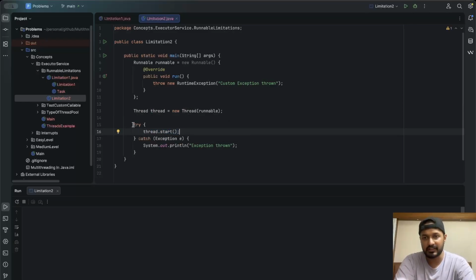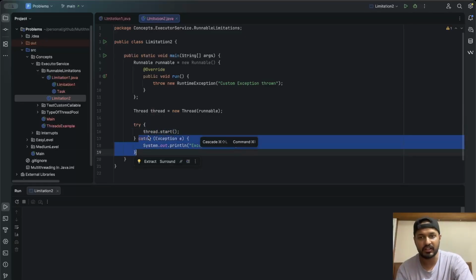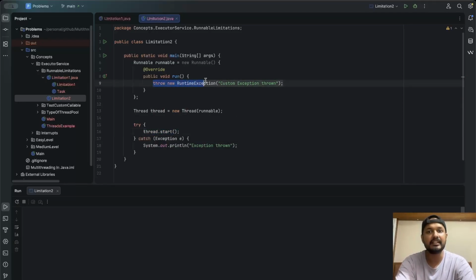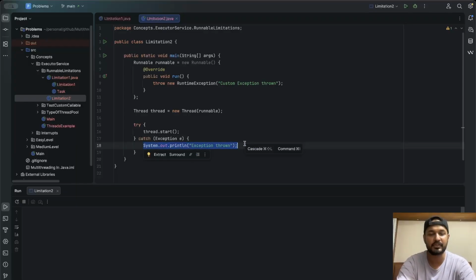So what should happen? Inside this try, if any exception occurs, it should be caught using this catch block, correct? So if I write thread.start, internally this run method will be executed. This run method is throwing an exception. So this exception will be caught by this catch and what will be printed? Our output should be exception thrown.